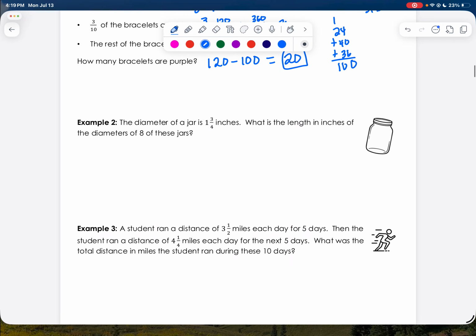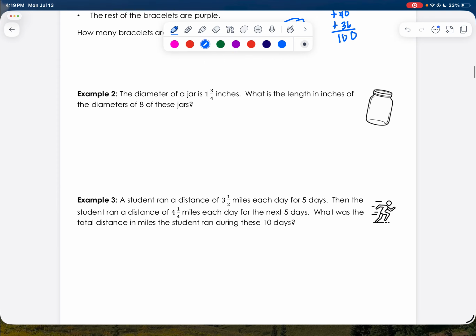All right, example 2. The diameter of a jar is 1 3/4 inches. What is the length in inches of the diameters of 8 of these jars? So we know 1 and we want 8. So all we need to do is multiply our diameter by 8. So I'm going to multiply 1